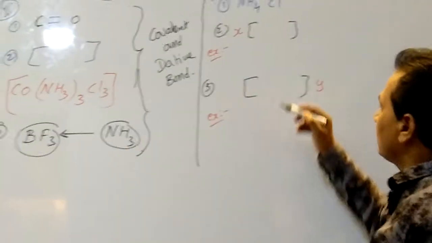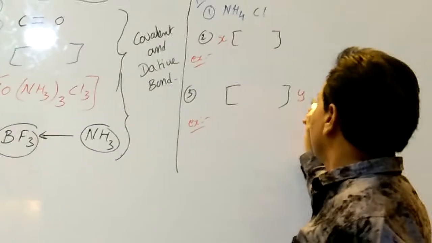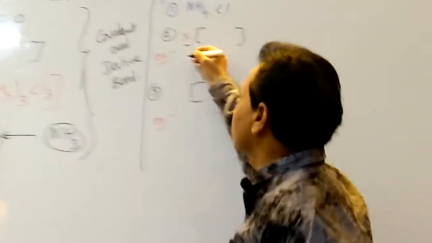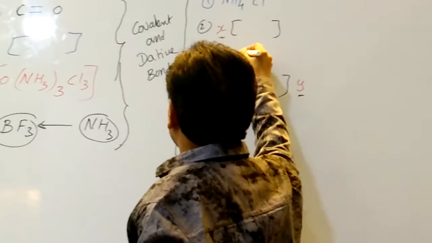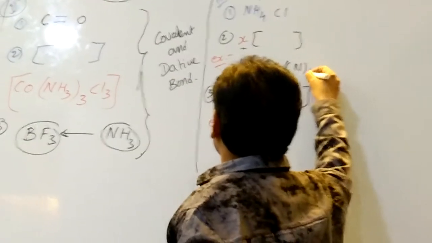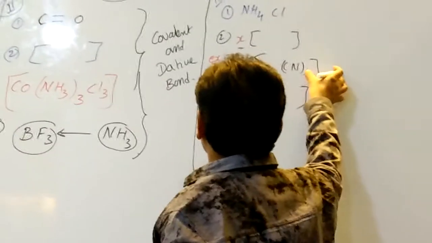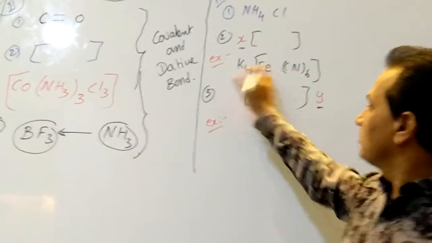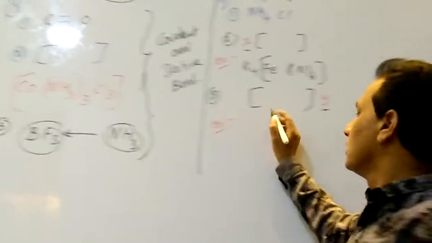But where something is present before and after the square bracket, like K4 Fe CN6, K4 Fe CN6, the square bracket has K4 before it,